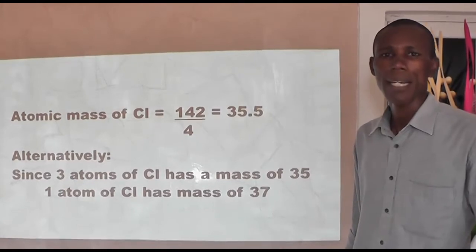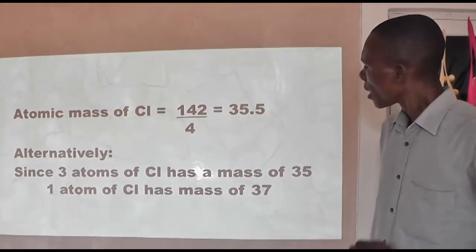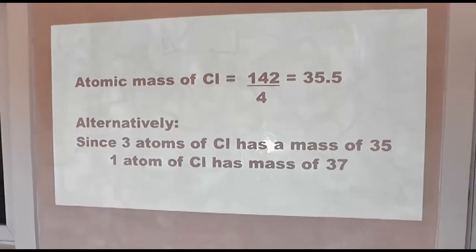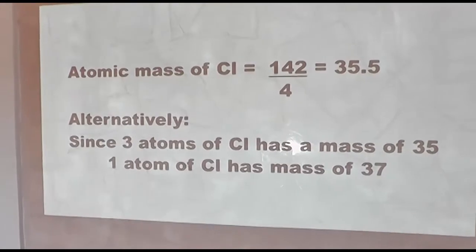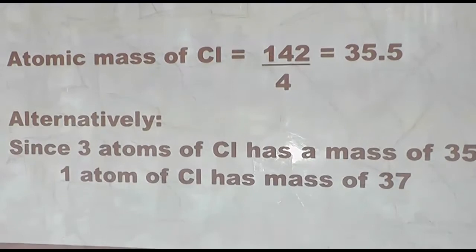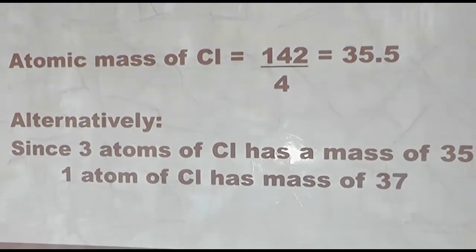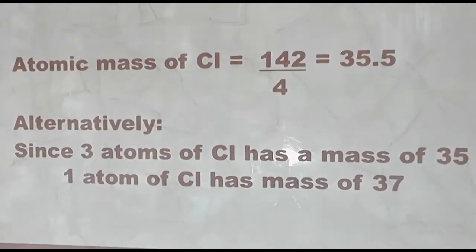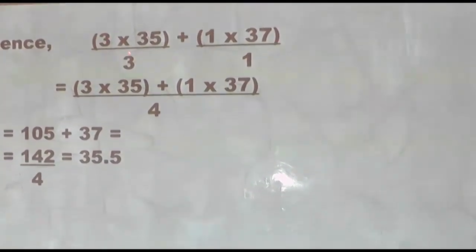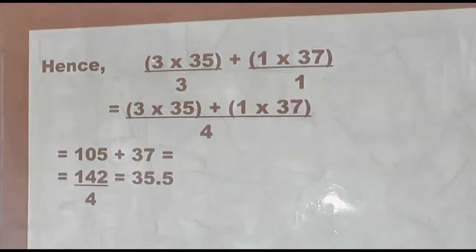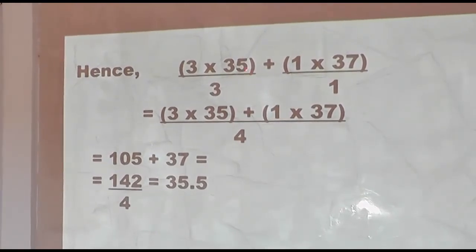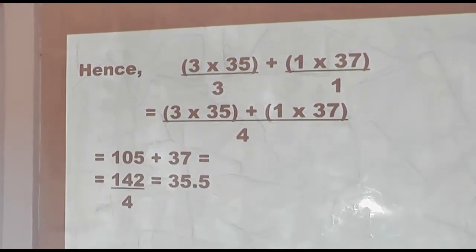Now you will see that elements with isotopic forms do not exist as whole numbers in terms of their relative atomic masses. This same problem can alternatively be solved using this method again. Since 3 atoms of chlorine have a mass of 35 and 1 atom of chlorine has a mass of 37, that is chlorine-35 and chlorine-37, we can say that the percentage ratio multiplied by the atomic mass gives us